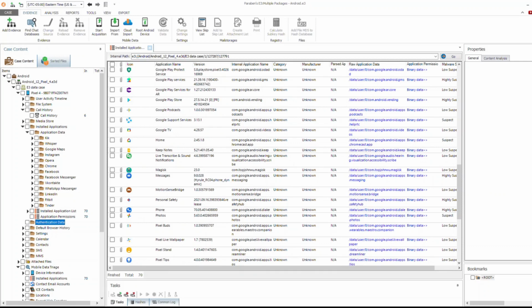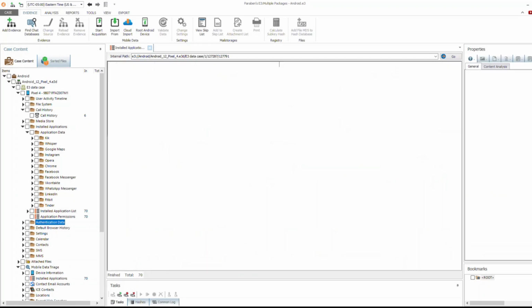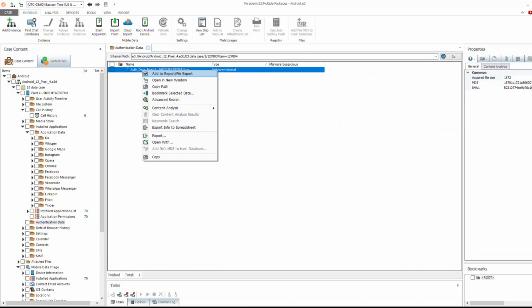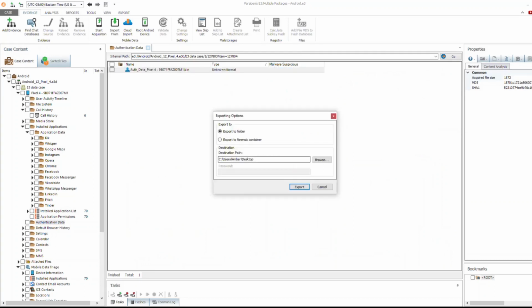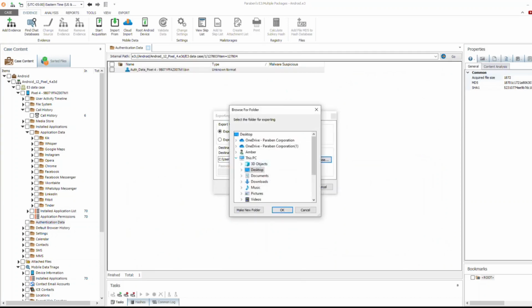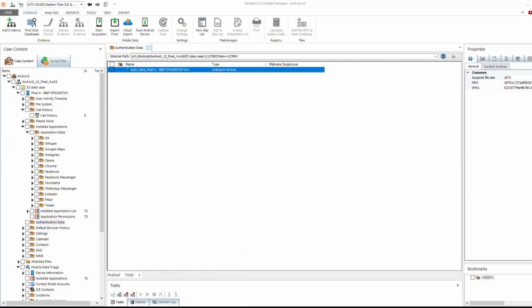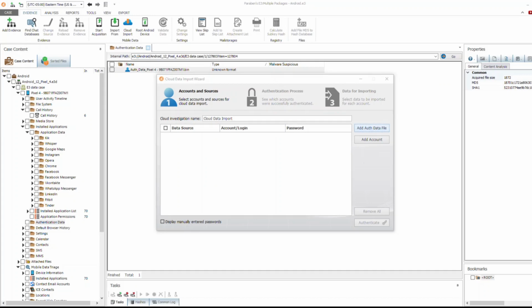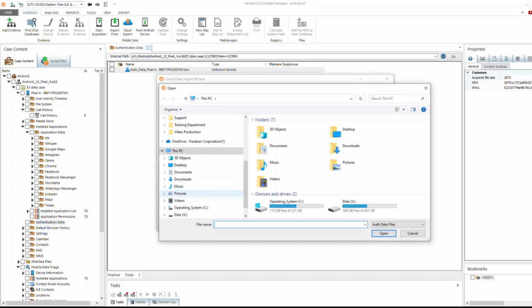If that's not enough, let's take a quick look at authentication data. So authentication data is how we collect all the different cloud keys associated with a device. Technically, you are adding in another piece of evidence, so I might want to export this. And then I want to bring and import that same data back in. But I'm going to do something different on the import. When you bring it into the Cloud Import Wizard,